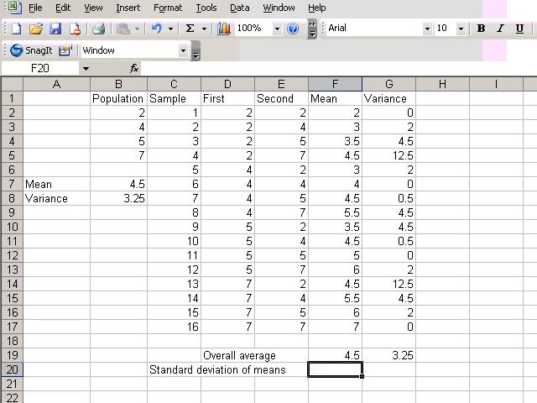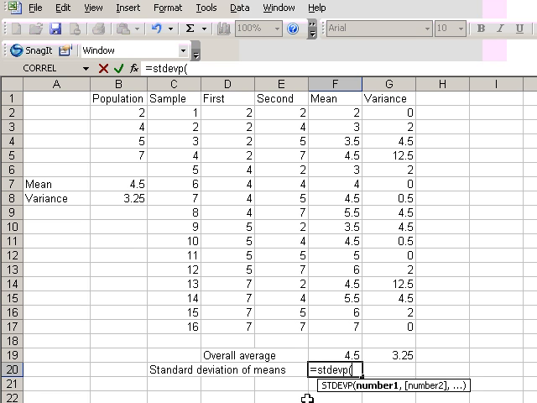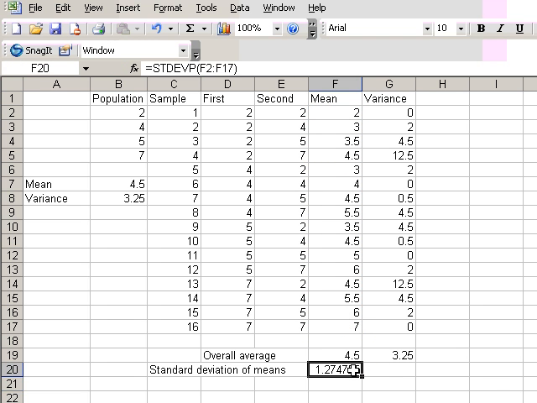So the standard deviation of the means is equal to STDEV.P, since this is all possible samples, and turns out to be